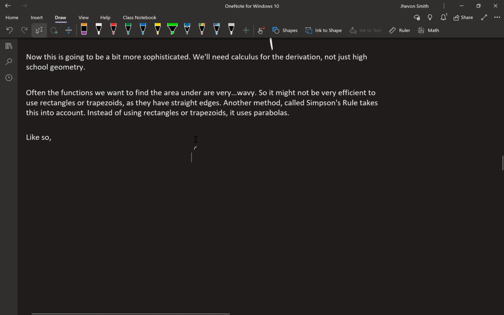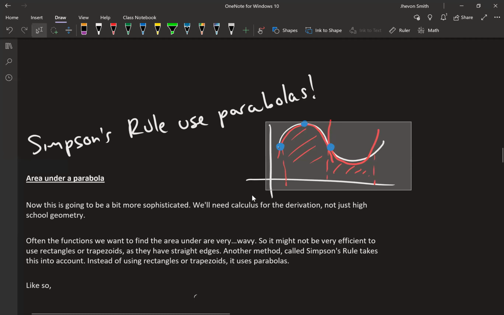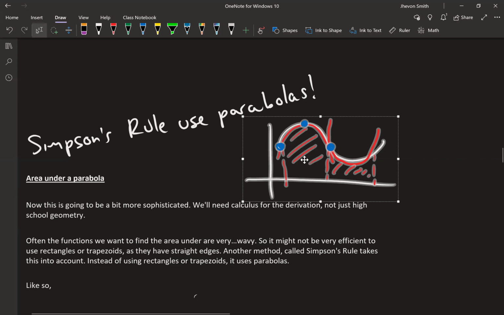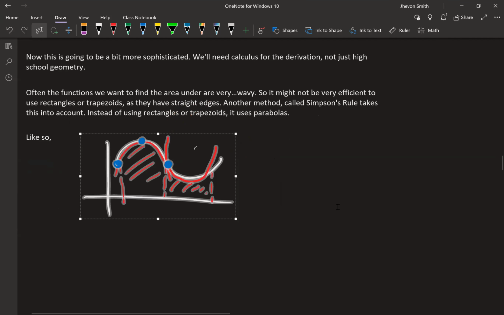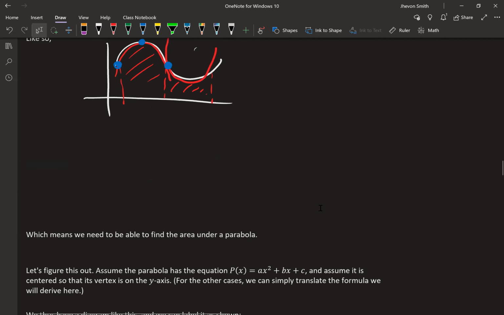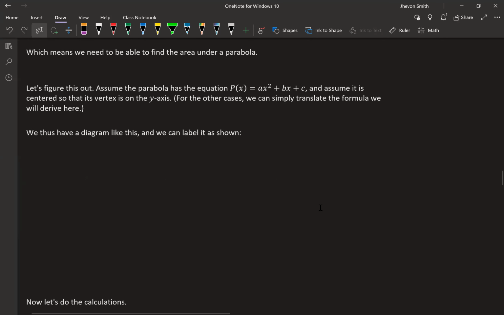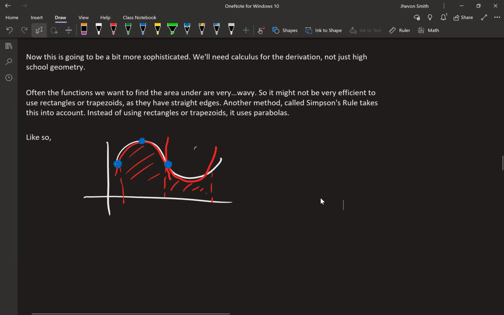I think this picture, the way I described it should be moved under here. Okay. So here's what we're going to do. So let's figure out